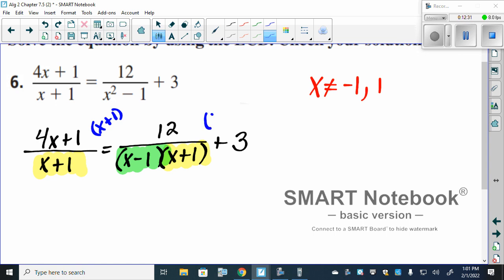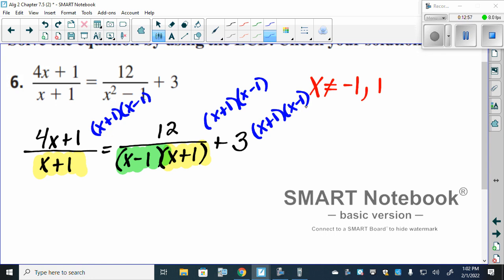Because they do both have an x plus 1, so we need to multiply everything by x plus 1. Do we need to multiply them by anything else? Yes, it would be. Because for all the denominators to simplify out, we need not only just x plus 1, we also need the